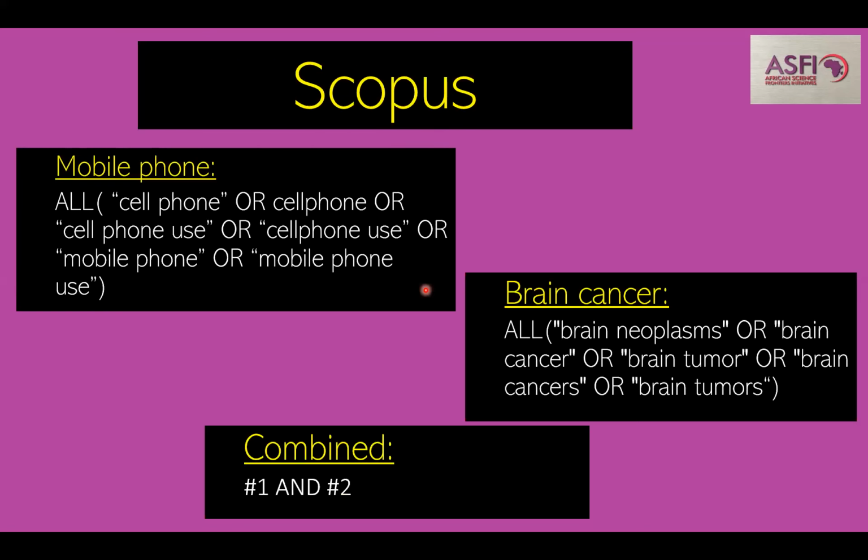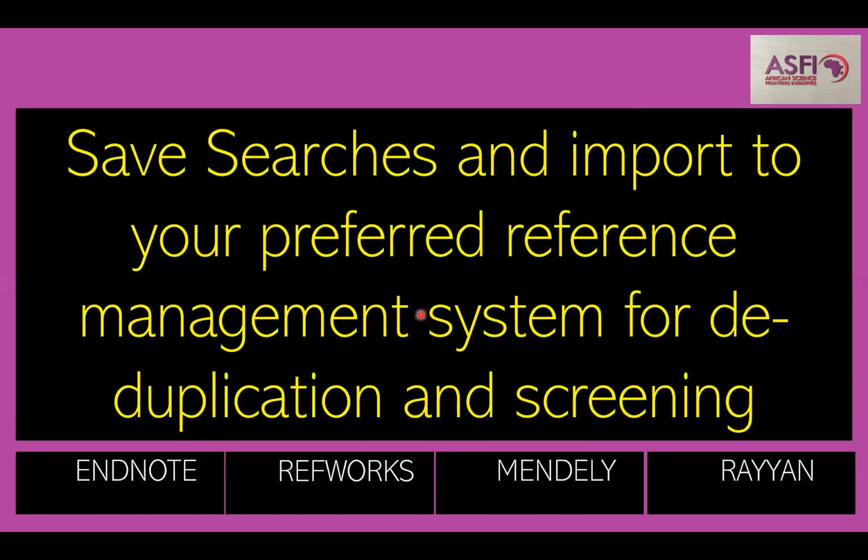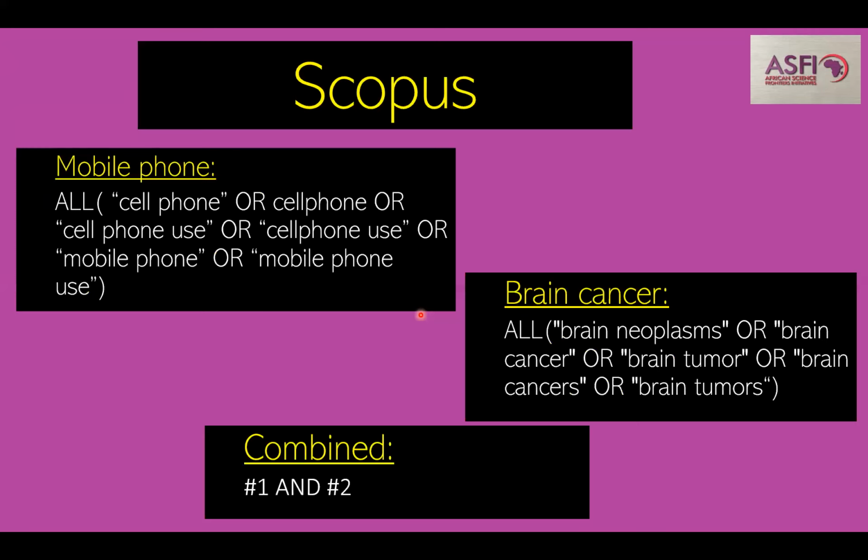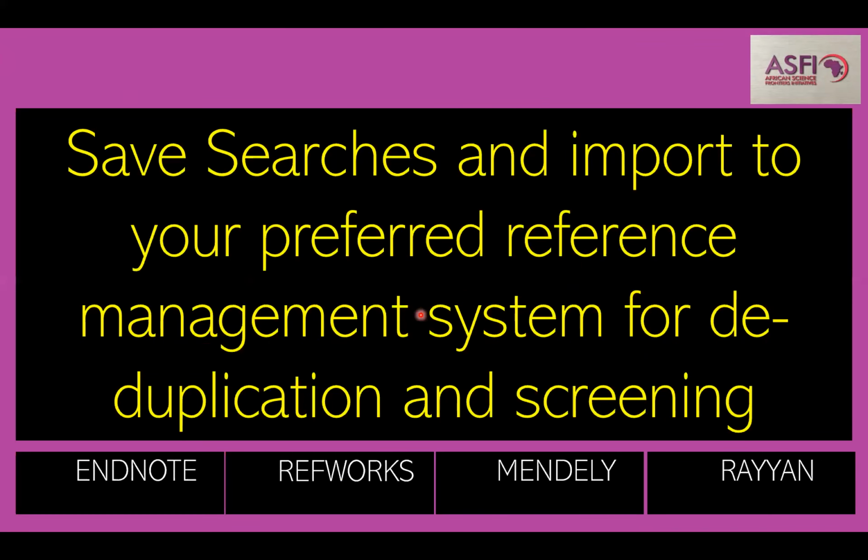Scopus is also similar to what you do in Web of Science, but here it means search all areas in the paper, search all areas, and then you get it in this way. All right. So when you search all these ones, you save the searches, and when you save the searches, you then